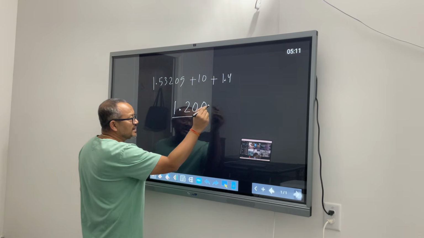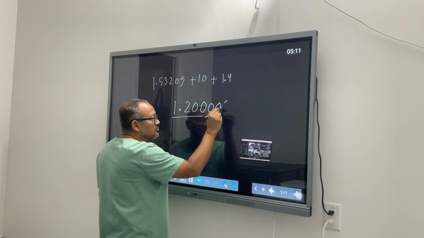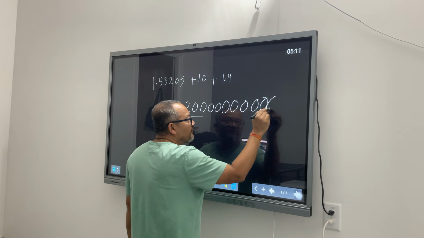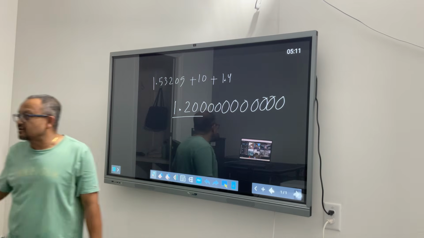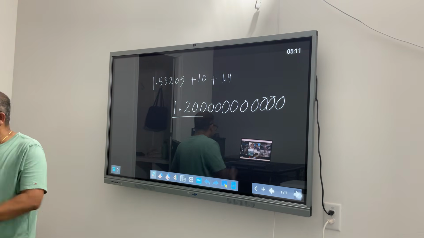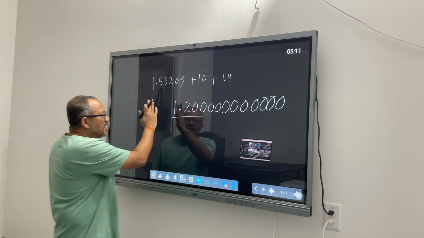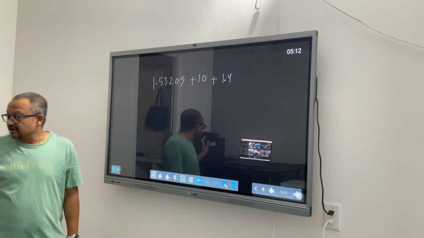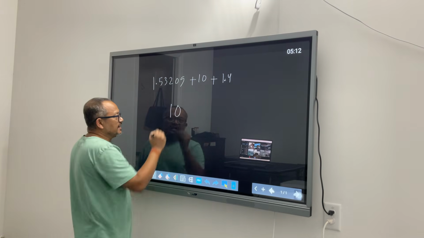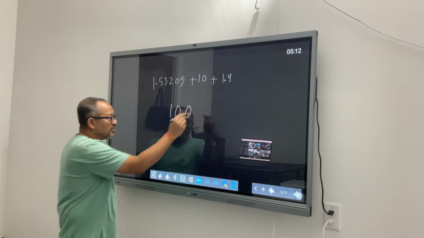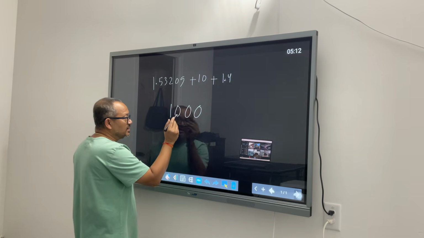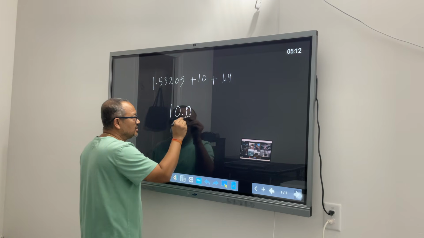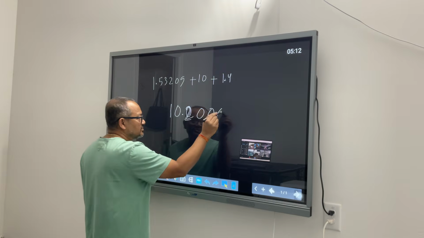The simple rule of thumb is, I can add as many zeros as I need. Let's say if I am totally jobless on a given day and want to play with zeros, I can write 500 zeros next to it and it will still not change the value. That is one rule. So we can add as many zeros as we need or want. Think with a decimal, not with a regular number. If I have 10 and I put a 0, I am making it 100. If I have 2 zeros, I am making 1000. So this flexibility we don't have with regular numbers. Only when I have a decimal can I add zeros.